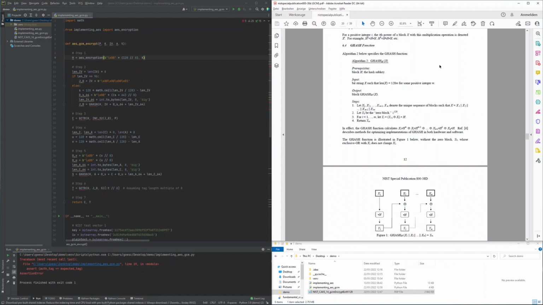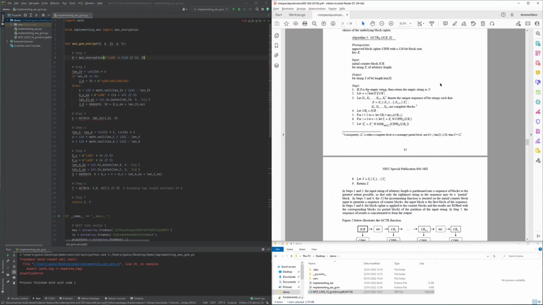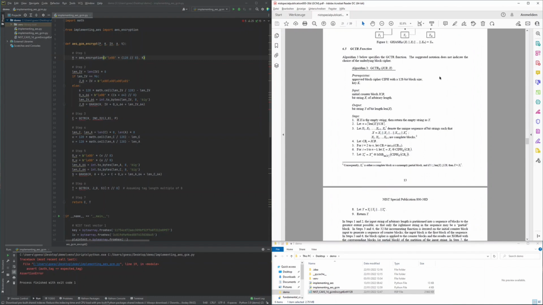Within GCM, GHASH is used to calculate the pre-counter for the counter mode-based encryption of the plaintext into the ciphertext, and is also used for the calculation of the hash value, capturing the authentication of the ciphertext coupled with the associated data. The counter mode-based encryption function GCTR is defined in Chapter 6.5 of the NIST publication and specified as